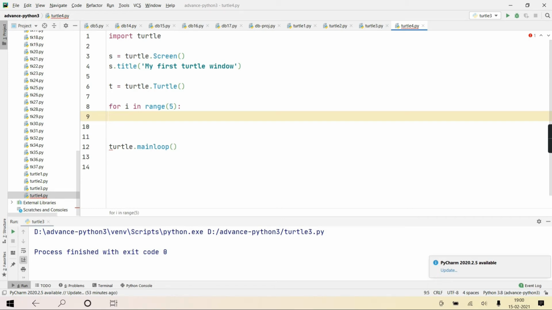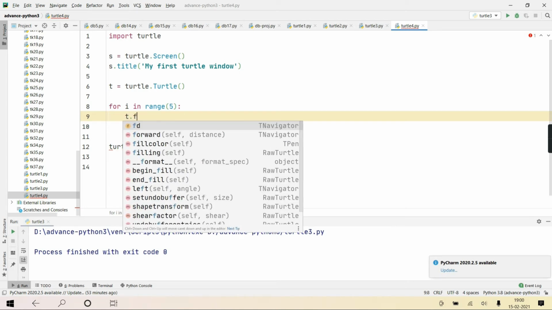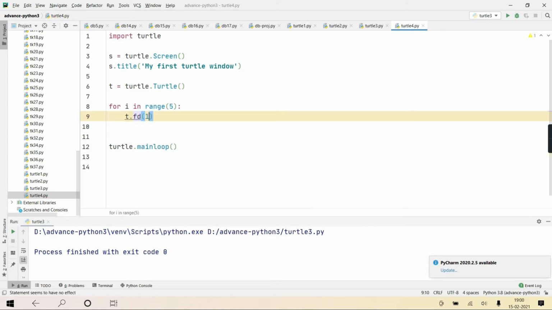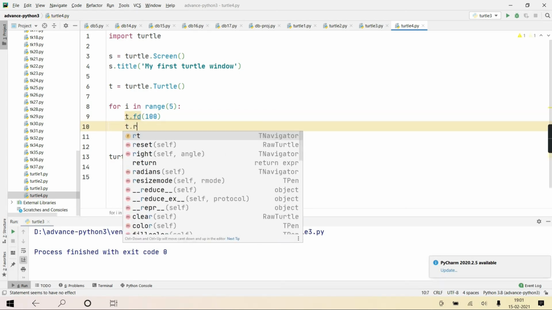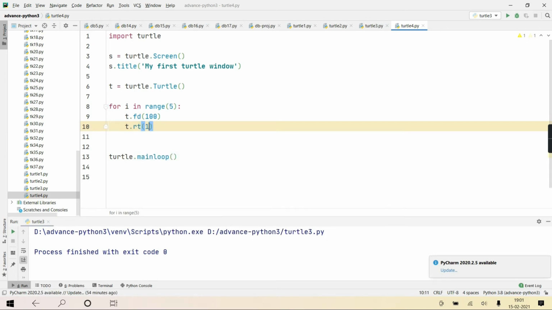What are the 2 lines I'll write? t.forward(100), t.right(144). Okay? That is just a calculated angle. You can manipulate it and see with some other angle how it changes.